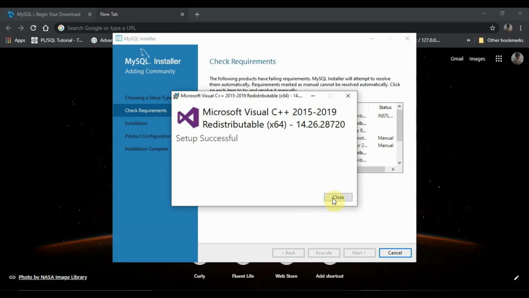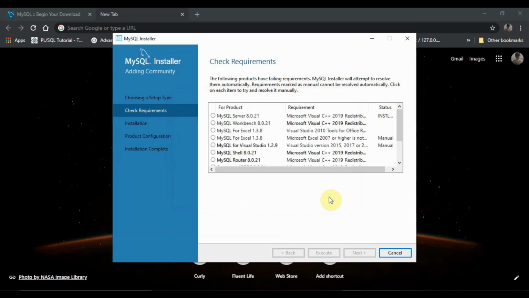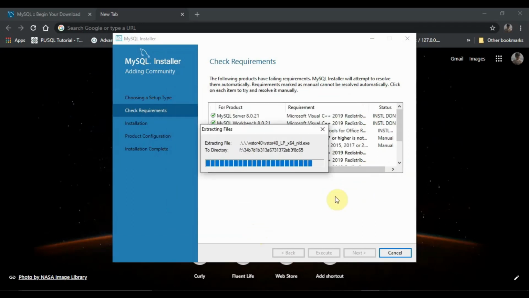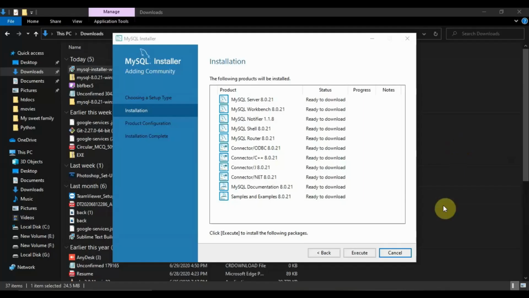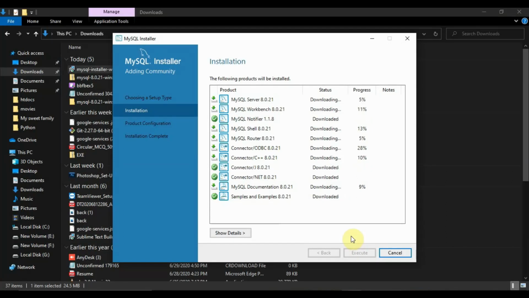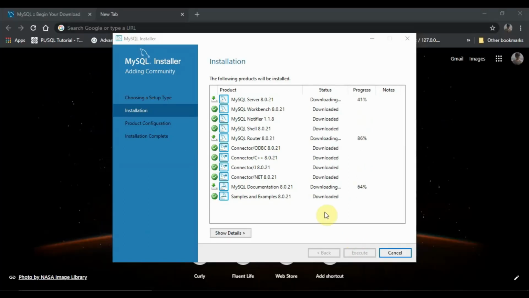So close this window and let all the other products get executed. After execution, go to next and you can see this installation page. Now all this installation is necessary, so let them execute first. Go to execute.